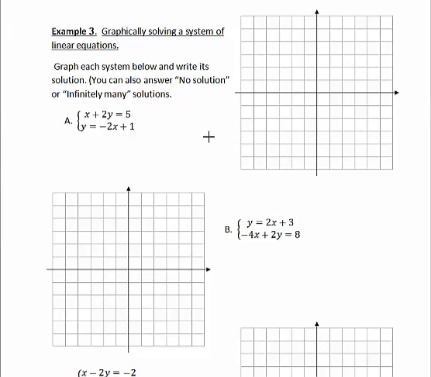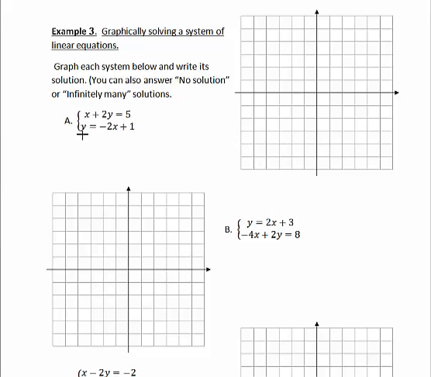So example 3 gives us, let's see, 3 more systems. And so we're looking for an intersection, but we're not always guaranteed to actually have 2 lines that intersect. We have to graph them first to figure that out. For A,